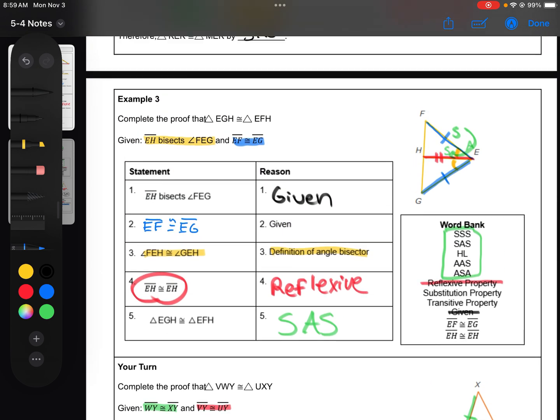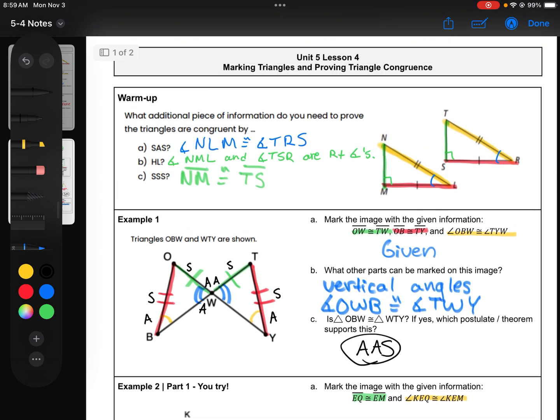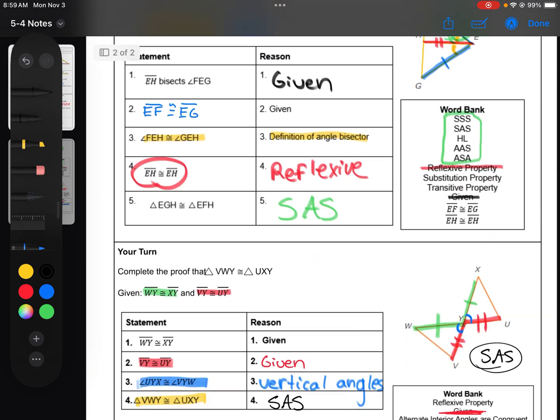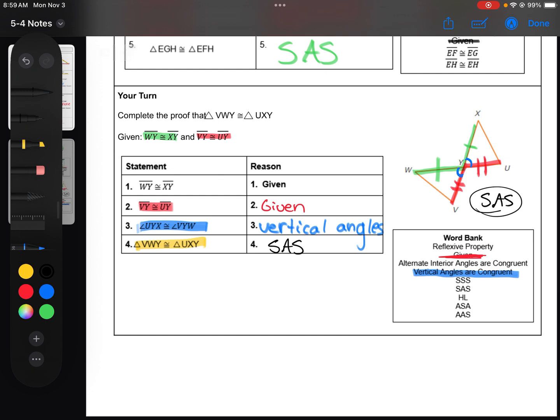All right, so those are your notes. Pause the video at any point to get any of that, and make sure that you have these for your reference. We're gonna get more into proofs as we go through this unit, so make sure you look back at this video if you need